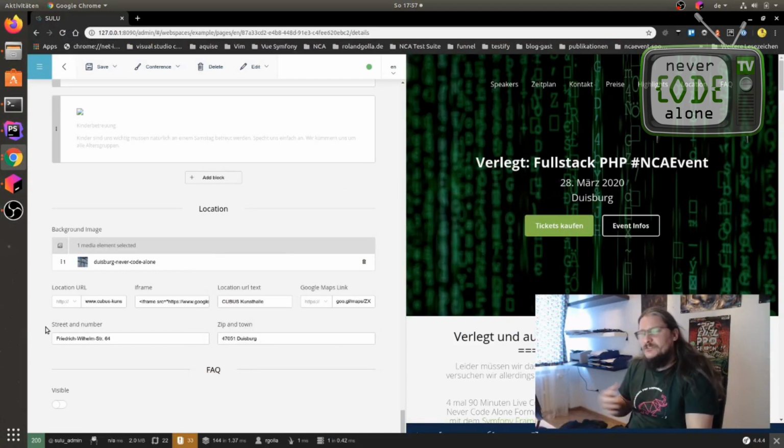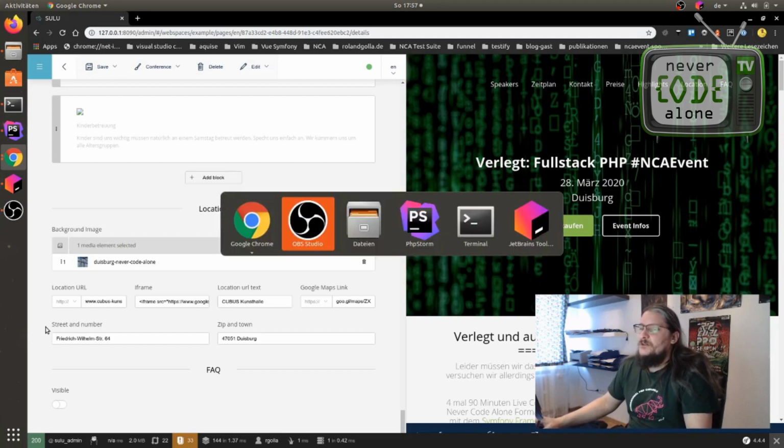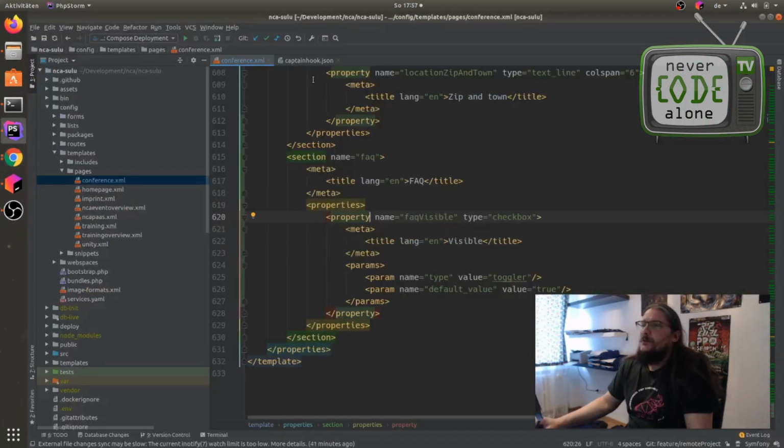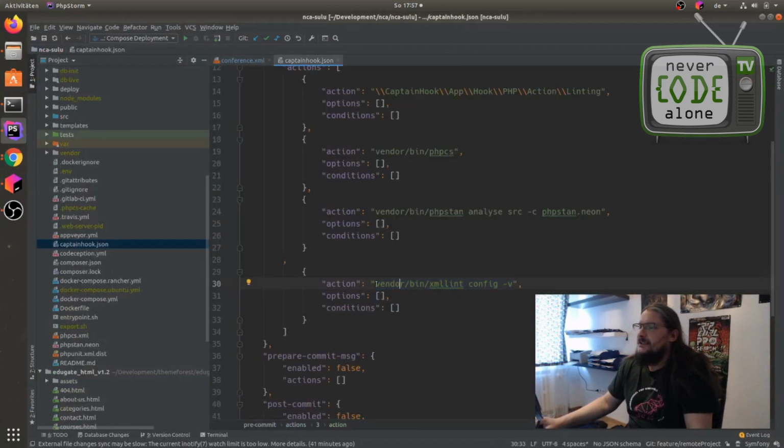I also have here a super good tool called Captain Hook, and Captain Hook can help me a lot with my linting. So when you see here, I have a Captain Hook JSON, and it can say, hey, please check these XML files here.